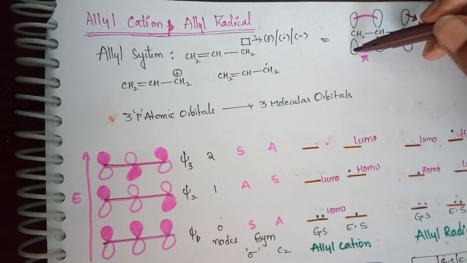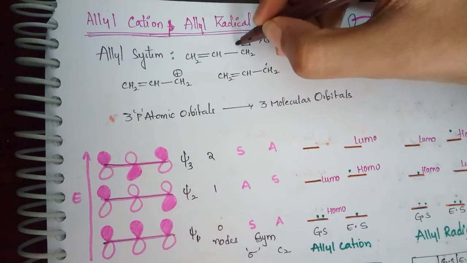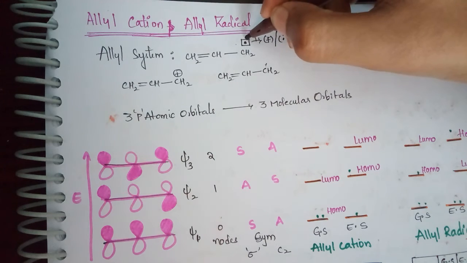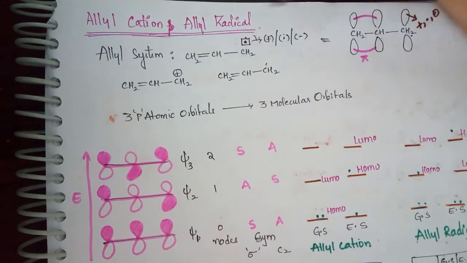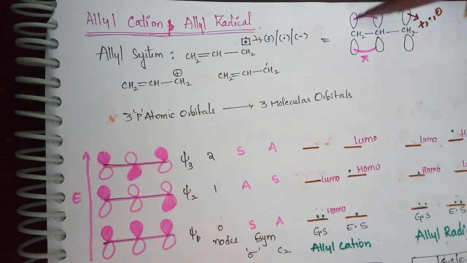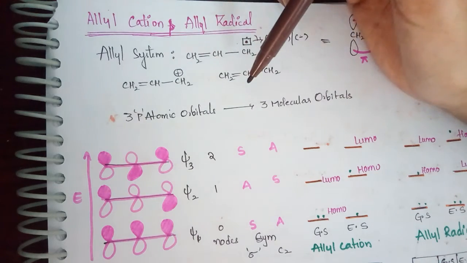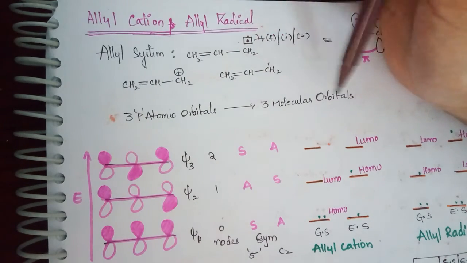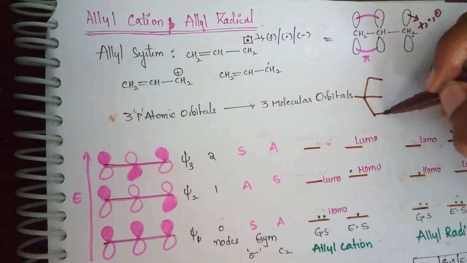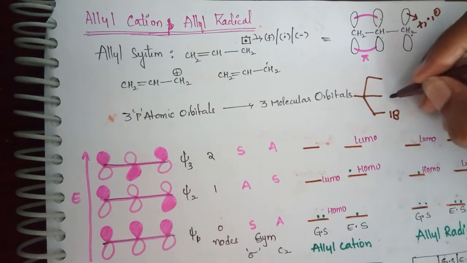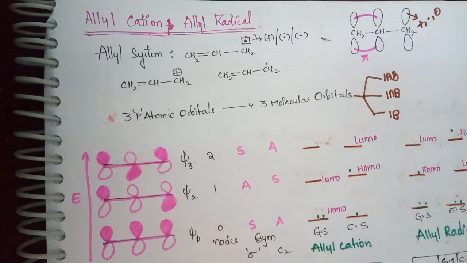Here these two p orbitals are undergoing sidewise overlapping and give rise to a pi bond. And here this one, if it is a radical, a positive charge or an anion, will be in resonance with this double bond. Now how many carbons are there? 3 p orbitals are participating. So 3 p atomic orbitals undergo linear combination of atomic orbitals to give 3 molecular orbitals. Here molecular orbitals are odd in number. So 1 will be a bonding molecular orbital, 1 will be a non-bonding molecular orbital, and 1 will be an anti-bonding molecular orbital.